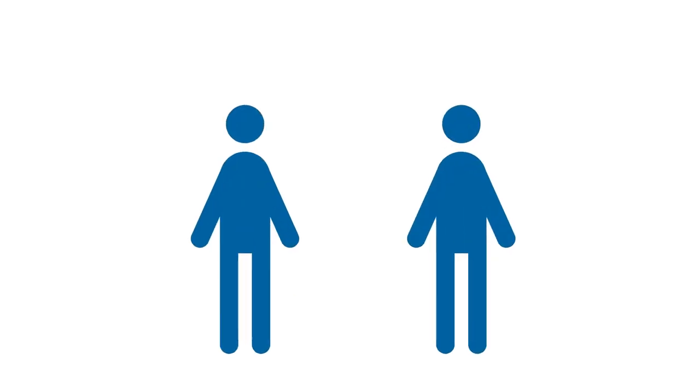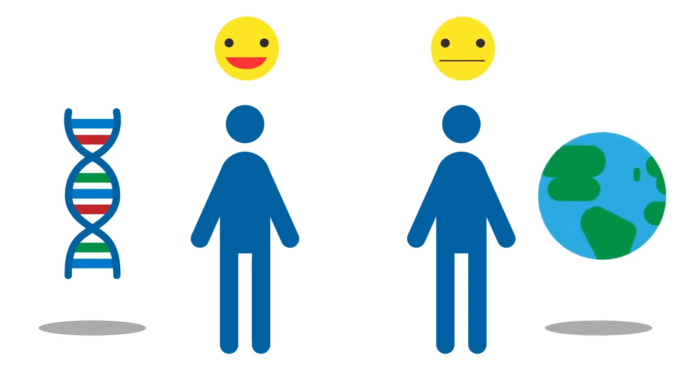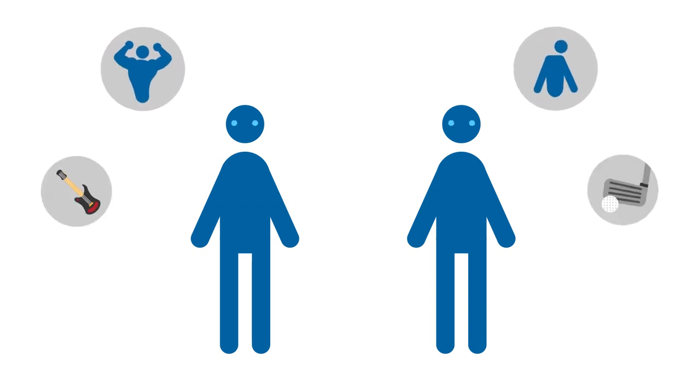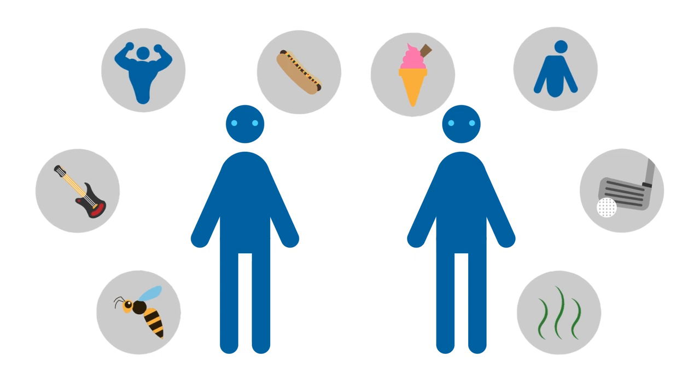To answer these questions, scientists can do experiments using identical twins. If the characteristic in both twins is the same, then it is most likely due to genetics. If it is different, then the environment has played an important role. For example, identical twins will have the same eye colour, as this is only due to genetics, but they will have different personalities, talents, likes and dislikes, and this shows that these are also influenced by the environment.